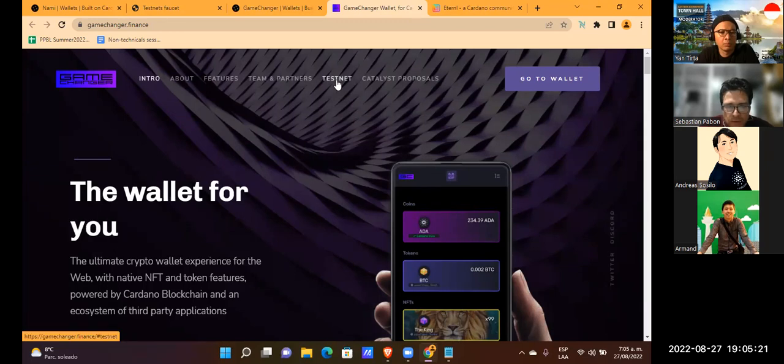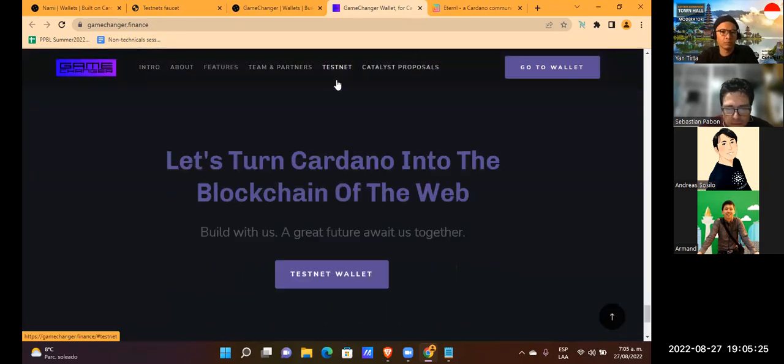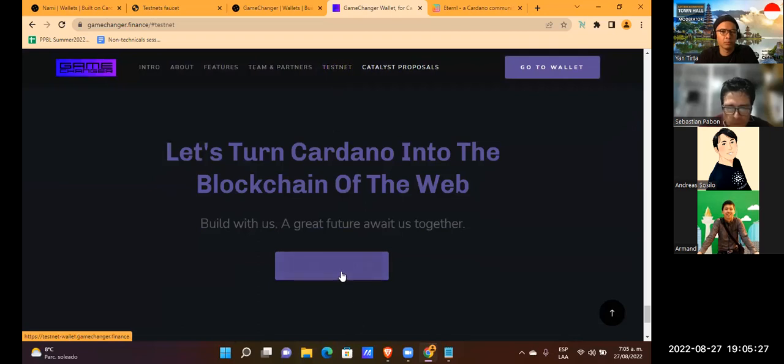So we have here testnet. We may click here, and we go to the testnet wallet. Remember, as a student and as a developer in general, you don't have to do your work in the mainnet, because in the mainnet you incur cost.